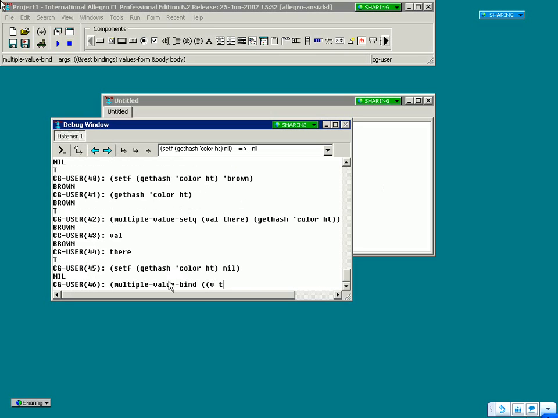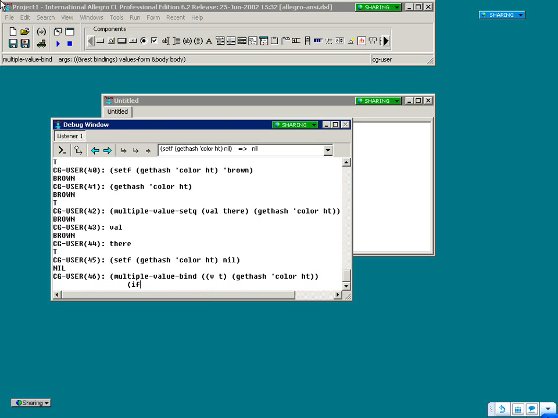V and T and get hash, where is it? There we go. Okay, so you would do something like if v, that is, if the first return value is non-nil, and then otherwise, if t